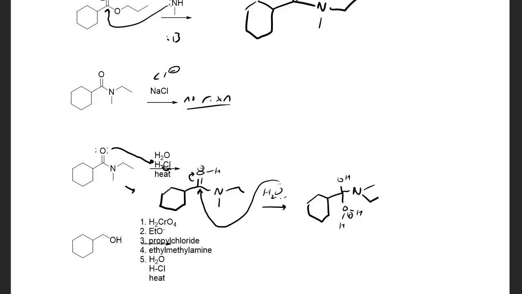So after water attacks, we need to use a weak base to deprotonate our most acidic proton, which is that one right there, and push those electrons up to get us to our next intermediate, which still has our 6-membered ring, still has our OH group, and our nitrogen with our methyl and ethyl, and now we have another OH group attached. Once we've deprotonated that and formed HB,